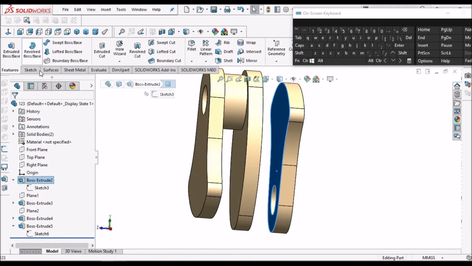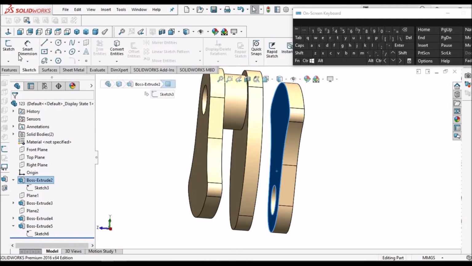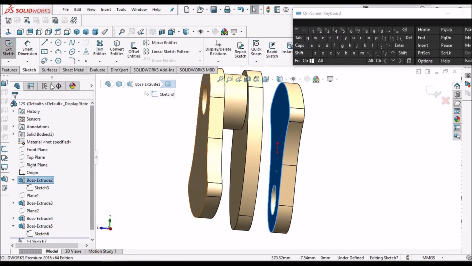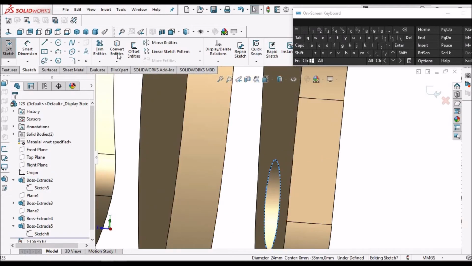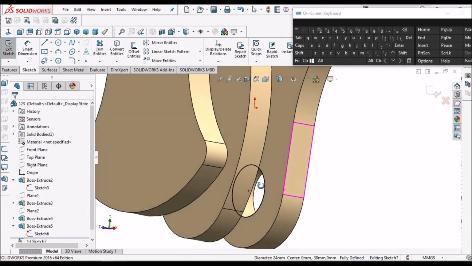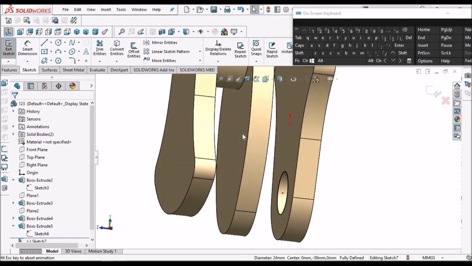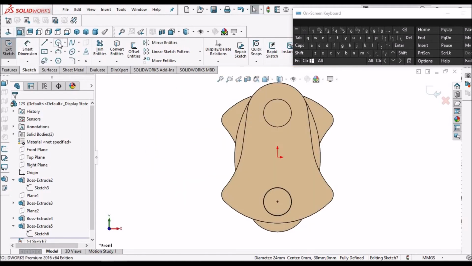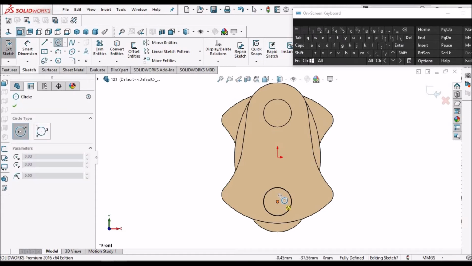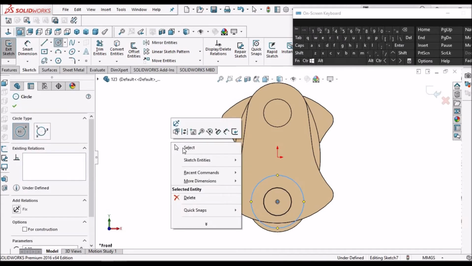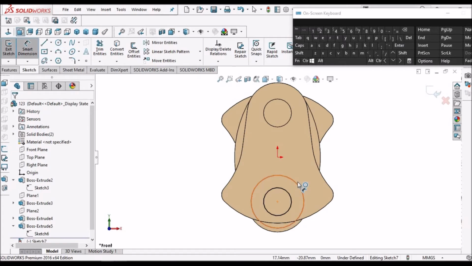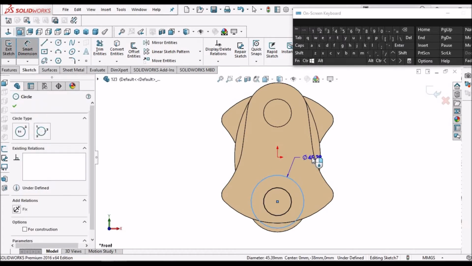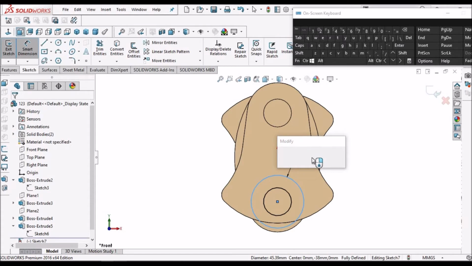Select this face, go to sketch and select this edge, convert entity, so it is converted now. Keep it normal. 44.